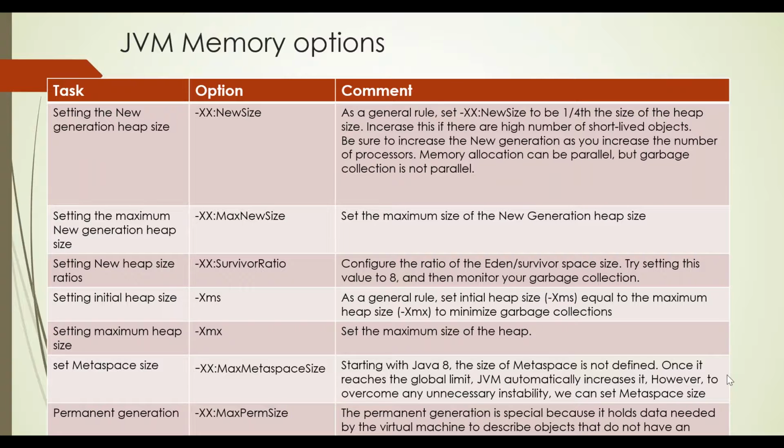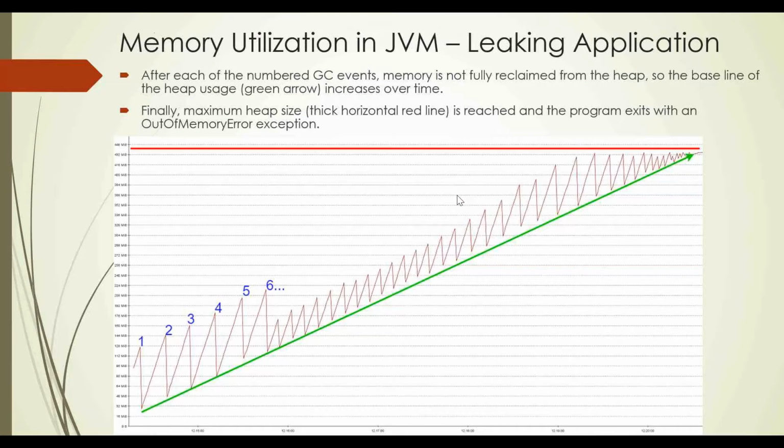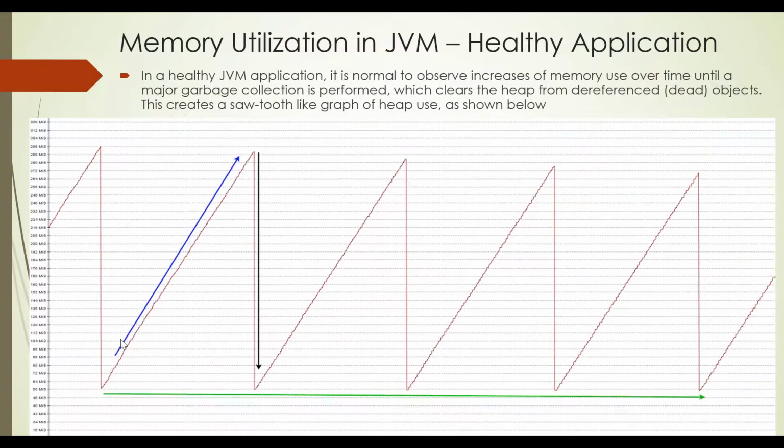But when GC is happening frequently, why is it not good? This has to be evaluated against the object creation rate. Let me go back to the slide where we had the healthy application. Now you can see this blue line. I described it as the object creation rate, right? It is a steady object creation rate. You can see the rate at which the new objects are getting created. If you have the same steep, I mean, I don't have the digital pen now. Let me get a pen so I can quickly show you.